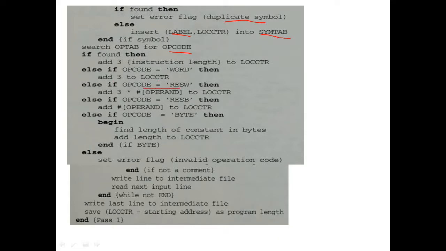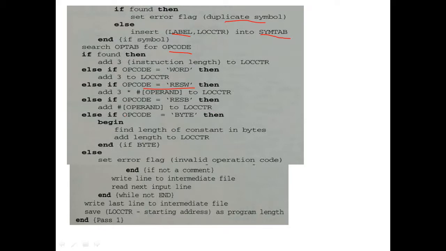If your opcode is RESW, add 3 times the operand value to the location counter. Suppose you give RESW 2, it means 2 words should be stored here, so add 3 into 2, so 6 will be added to the location counter. If opcode is equal to RESB, add the operand value to the location counter, since RESB reserves the given number of bytes.